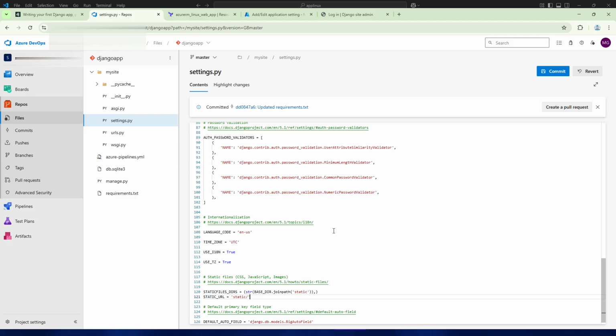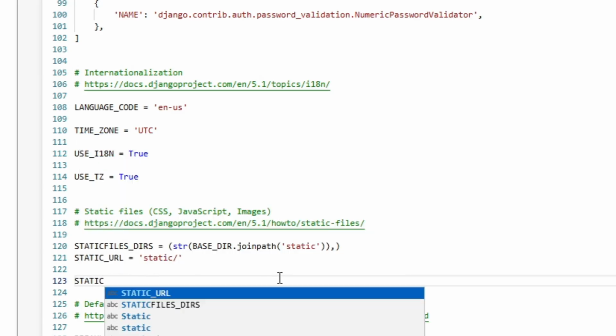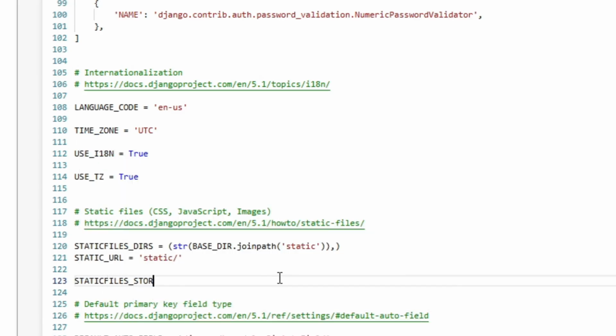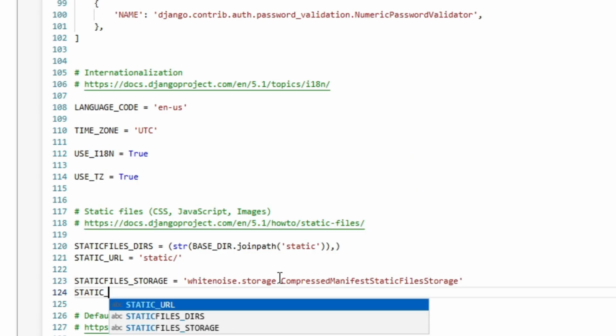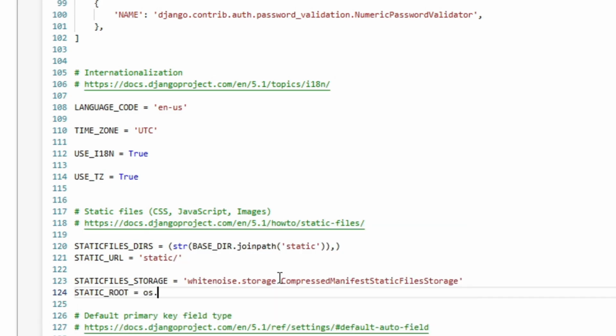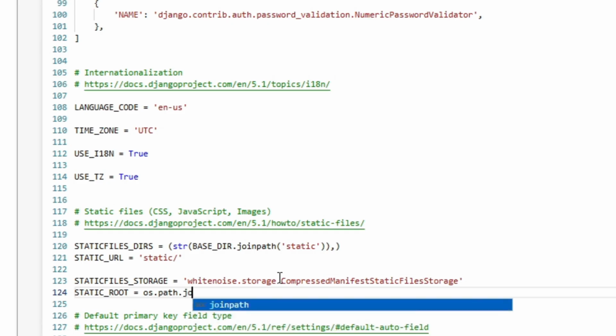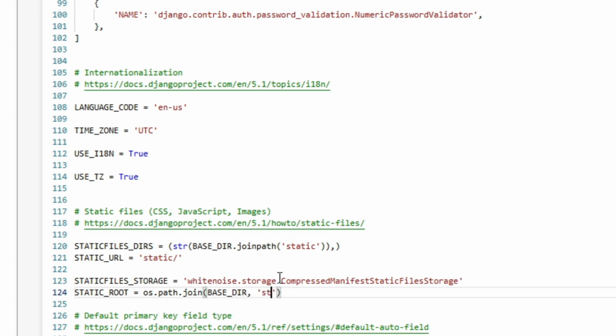Below the STATIC_URL variable, add STATICFILES_STORAGE equals whitenoise.storage.CompressedManifestStaticFilesStorage, and STATIC_ROOT equals os.path.join(BASE_DIR, 'staticfiles').